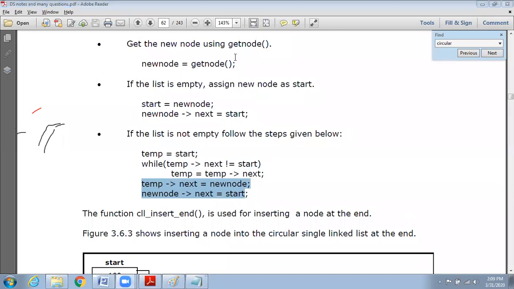Akansha, are you getting? Yes, ma'am. Antima, is it clear? Monisha, are you getting? Yes, ma'am. Arshia, is it easy?